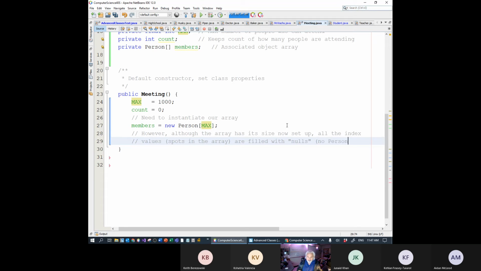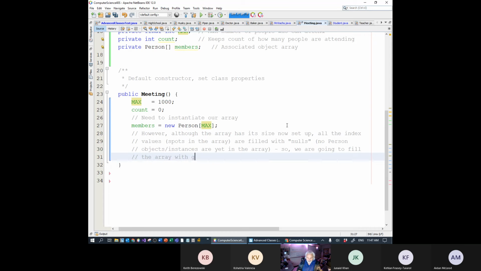No person objects, otherwise known as instances, are yet in the array. Nothing's in there. So we are going to fill the array